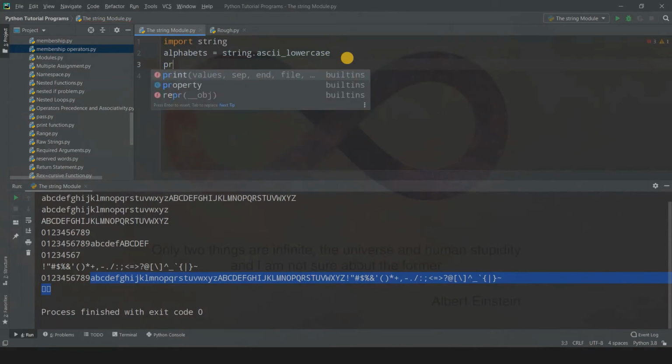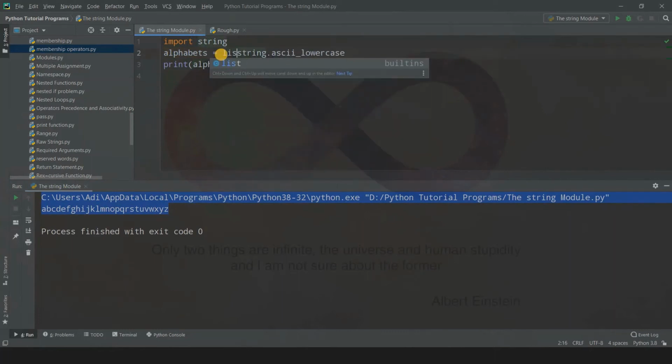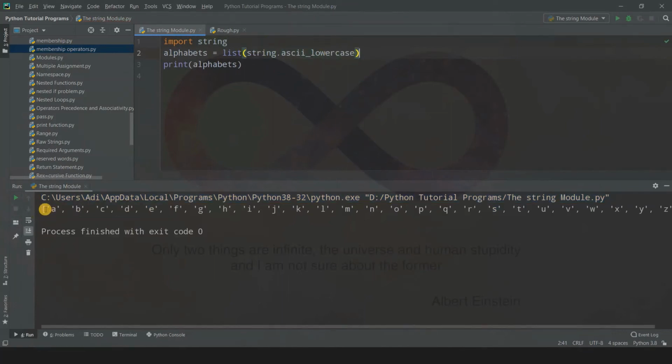Let us print out alphabets and run this code. Obviously we are going to get this string, but suppose you want it to be a list, you can simply write list, and inside the parentheses write string dot ASCII lowercase, and when you run this code, you will get a list of all the lowercase values. You can do the same thing for all the things that I did before, that is uppercase, hexadecimal values. You get all the values in a list, in a tuple, whatever you want. So it's dependent upon you.